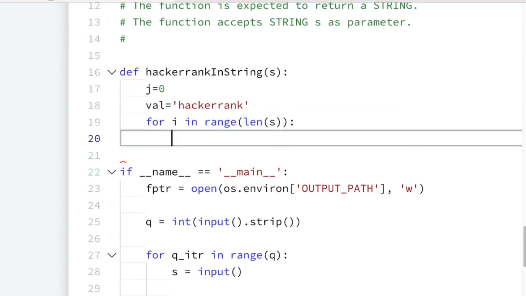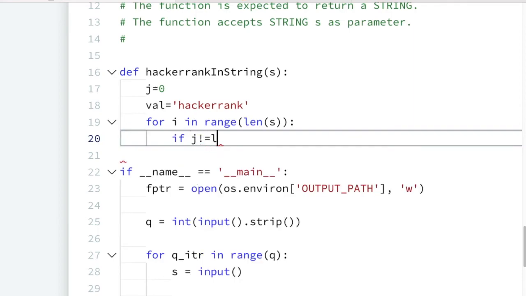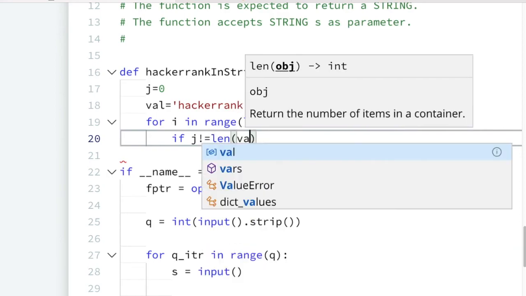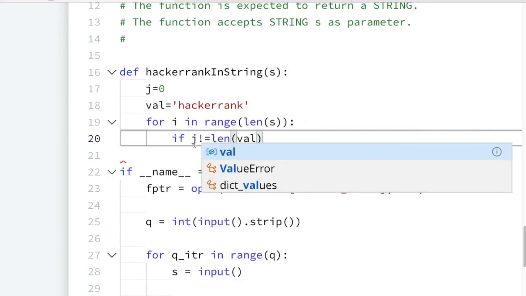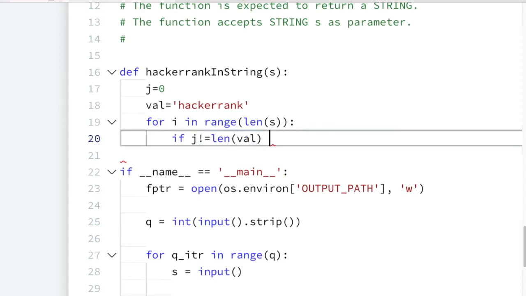Now here what we will do, we will simply check if j not equal to the length of the val for avoiding the boundary condition, and at the same time if s of i equals the value at index j.